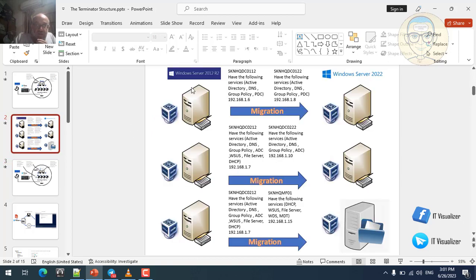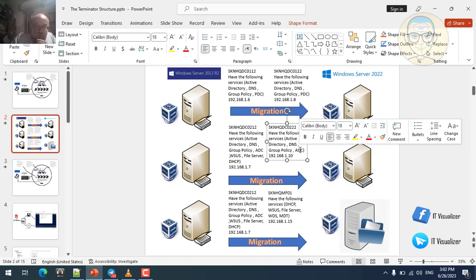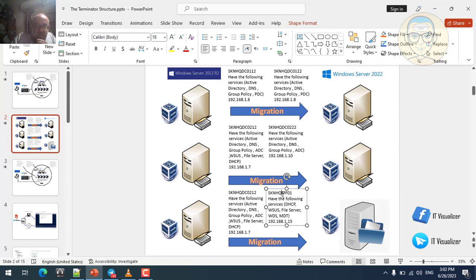We will migrate the primary domain controller to be a new primary domain controller on Windows Server 2012 R2. We will demote this server from being an additional domain controller and join another virtual machine which has Windows Server 2022 on it. This will be the new additional domain controller, and another server will act as the DHCP, WSUS, file server, WDS,